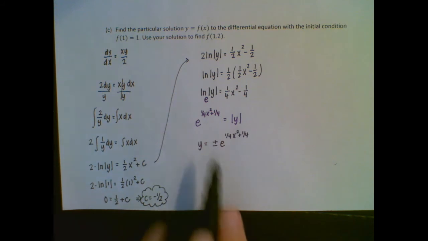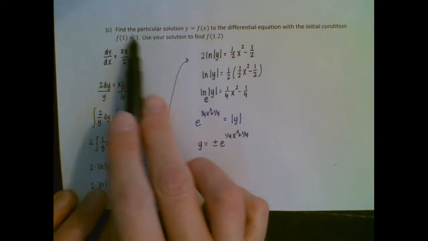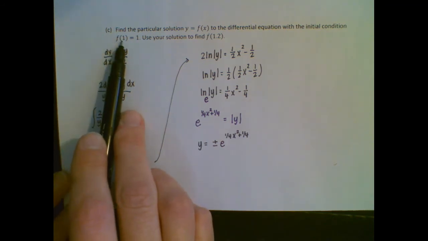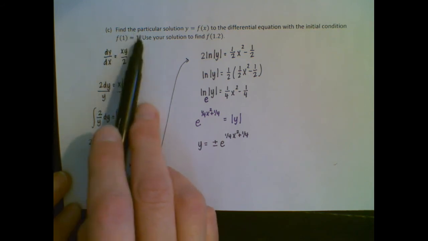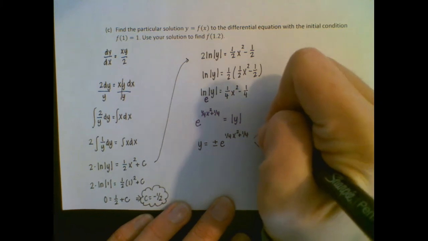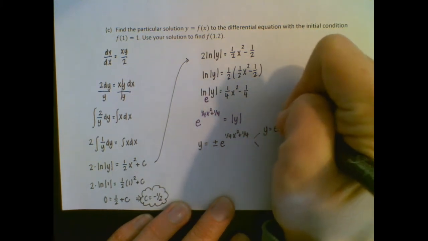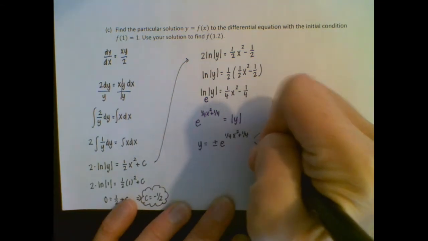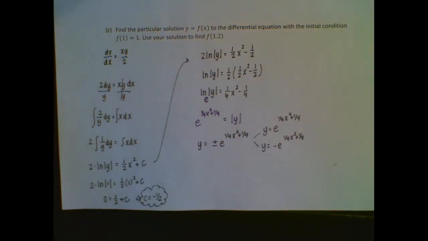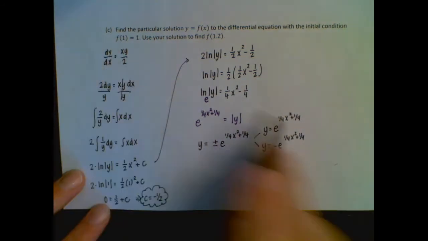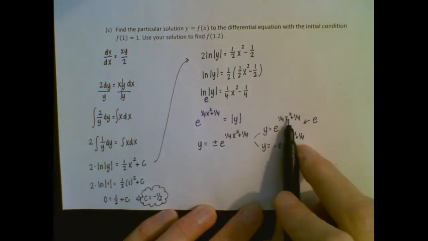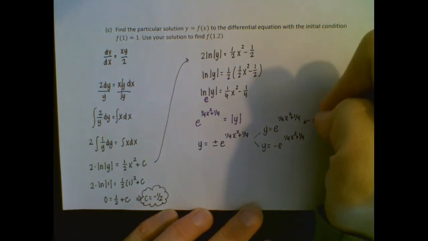But again, how do we choose which one this is? Well, that's going to bring us back to our initial condition. We want to make sure that when we substitute in an x value of 1 and we evaluate, we're going to get a positive 1. So this is telling us we could either have y is equal to positive e to this exponent, or we could have negative e raised to this exponent. But again, if I put in a positive 1 for my x value and I were to evaluate here, this is going to give me e. If I put in a 1 here, this is going to give me 1/4